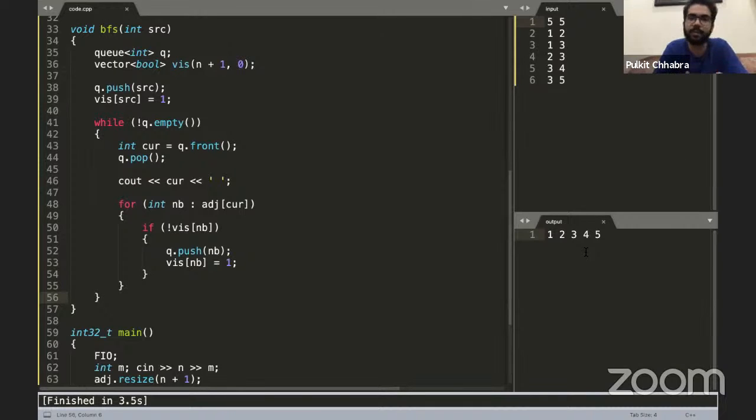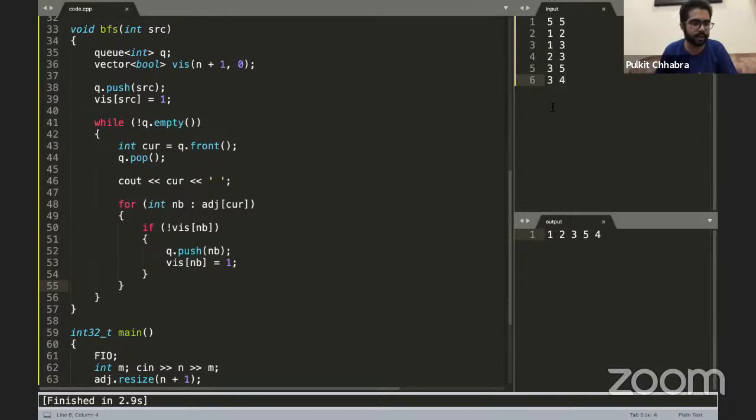there can be different possible BFS sequences. It is not that this is the only possible BFS sequence if we started from 1. It just depends on the order in which the nodes are added. For example, had it been the case that 3, 5 is written before 3, 4, then this 5 and 4 would have interchanged. So if I run it again now, you'll see that this 5 and 4 will be interchanged, like you can see. Because now the 3, 5 edge comes before the 3, 4 edge, the node 5 will be inserted into the queue before 4 has been inserted.